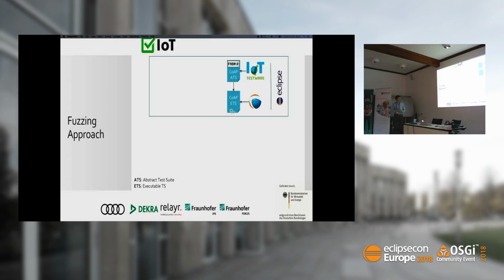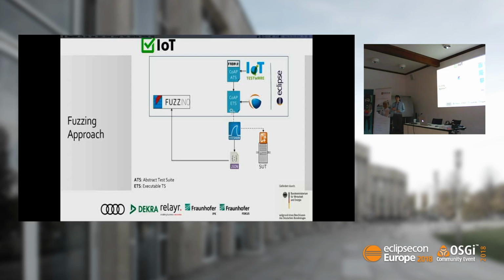So how did we do it? We just let the test suite run against an SUT, in this case Californium, and we sniffed the messages with Wireshark, and exported the structure in some format. In this case it was JSON, but you can use whatever you want. This we took as input for another Eclipse project, Fuzzino. Fuzzino is a framework that generates fuzz tests for you in an easy way.